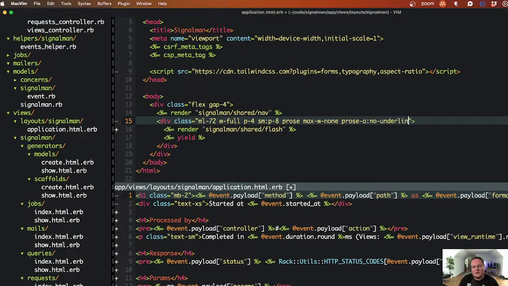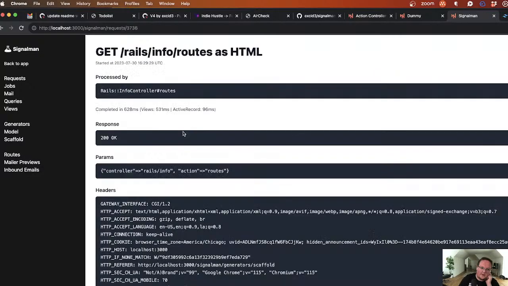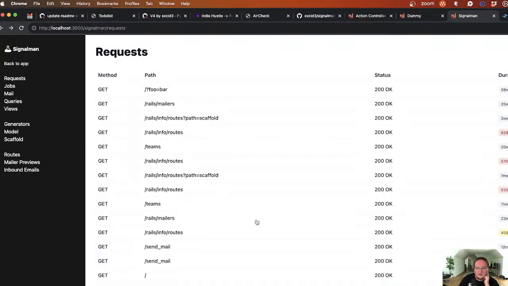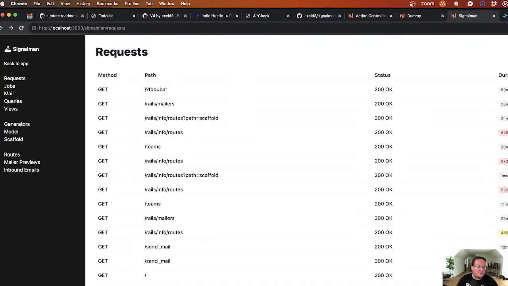But no underline. Neat. Okay, wow. I never knew that was a thing, but it makes sense, and that is badass. Wow. Okay, cool. I think request is done enough for me to be happy with it, so let's go over